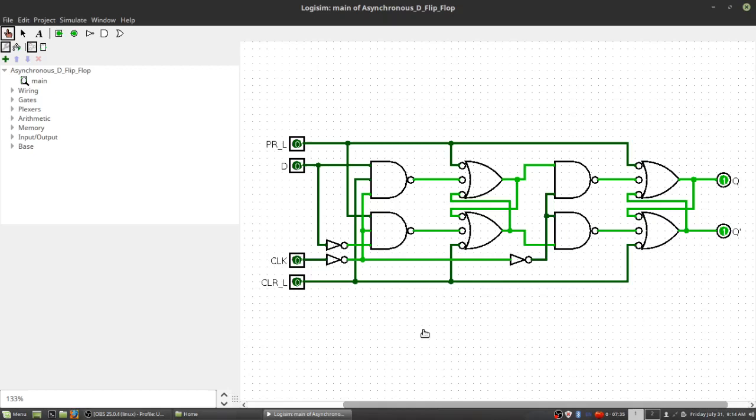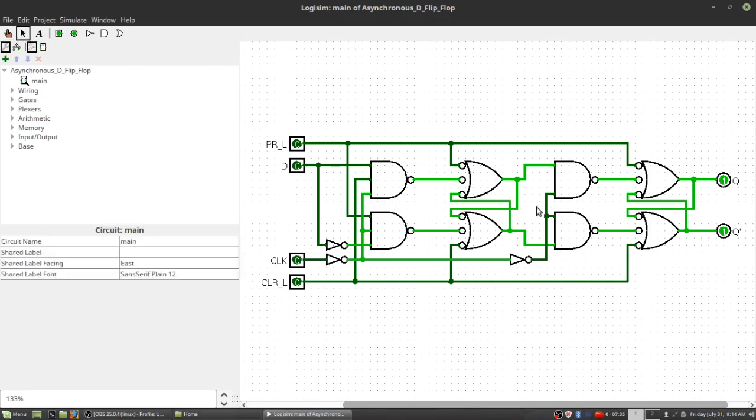So this is a little bit different than all the other flip-flops we've been looking at, because it's all broken out. It doesn't have any submodules here. This is the asynchronous D flip-flop. And the first thing we should notice when we start up the simulation is that we have Q and Q naught